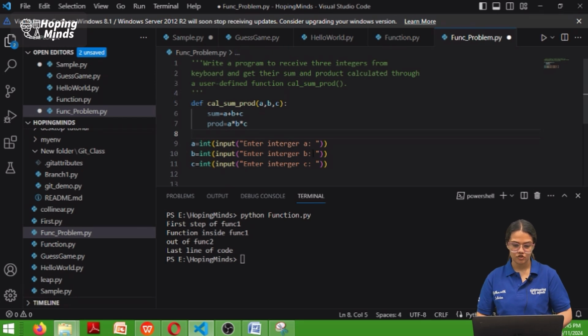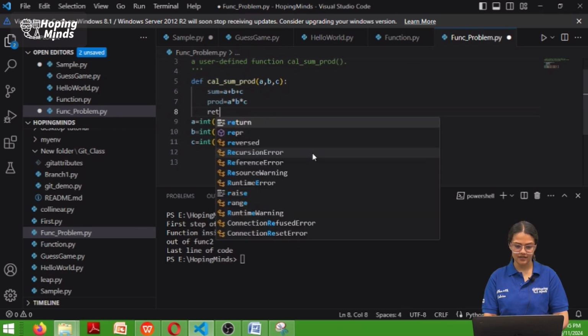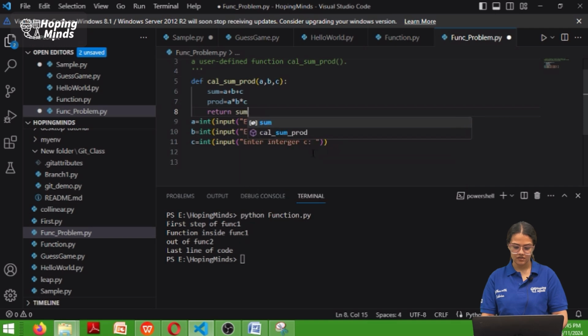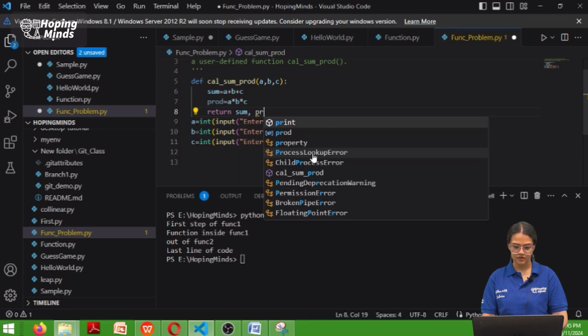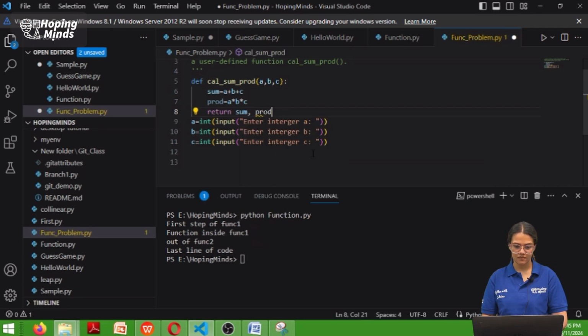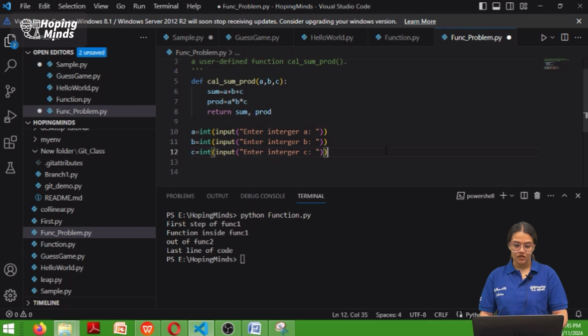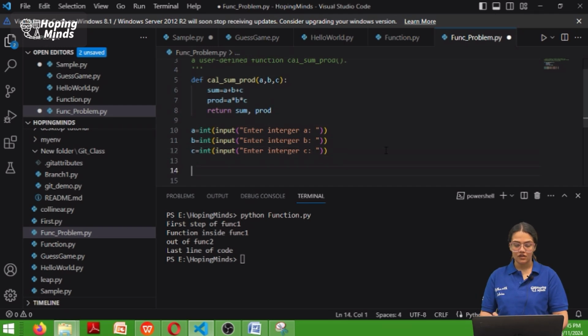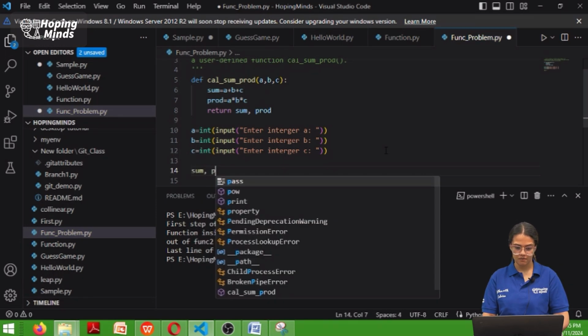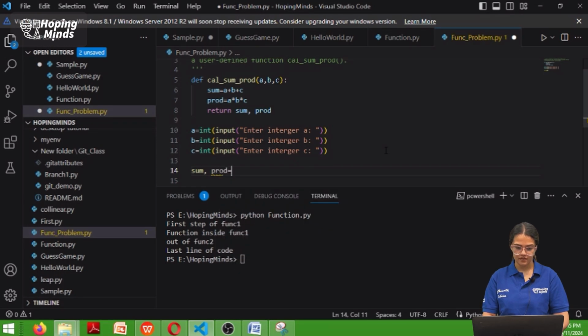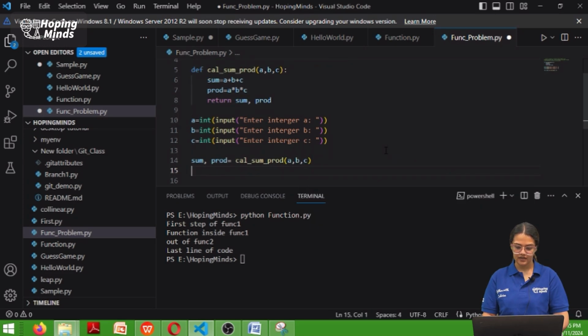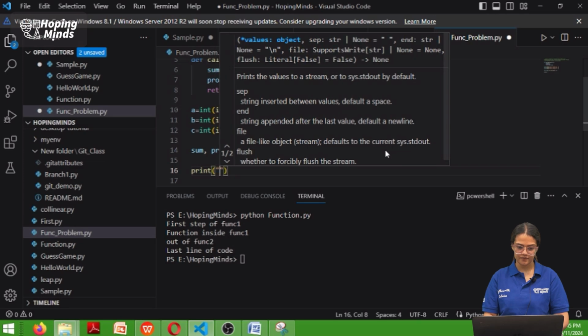Okay, so this is how it goes, and finally I will return sum comma prod. Now I will call the function: sum comma prod is equal to calSumProd, pass the values a, b and c, and later on just print